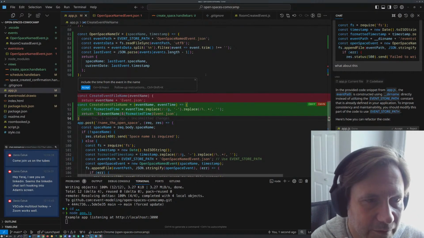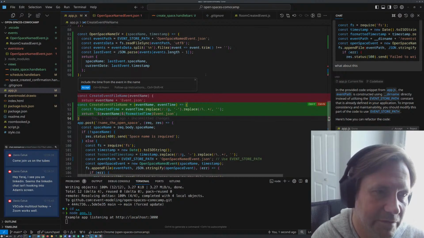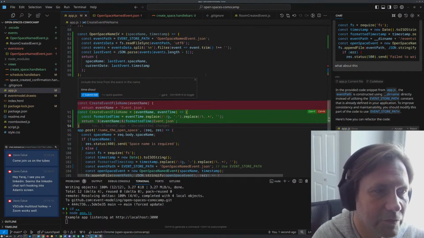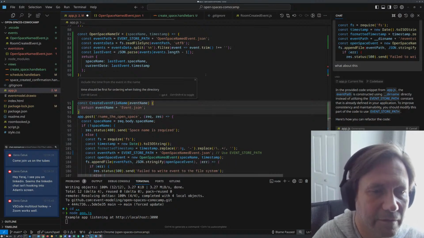Formatted time replace, so event time, event name from time. Okay, so time should be first for ordering when listing the directory.